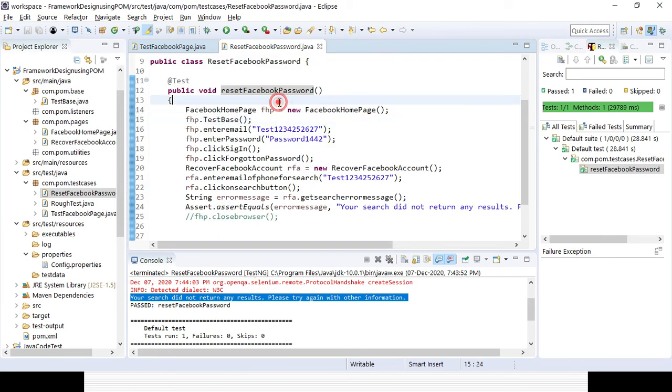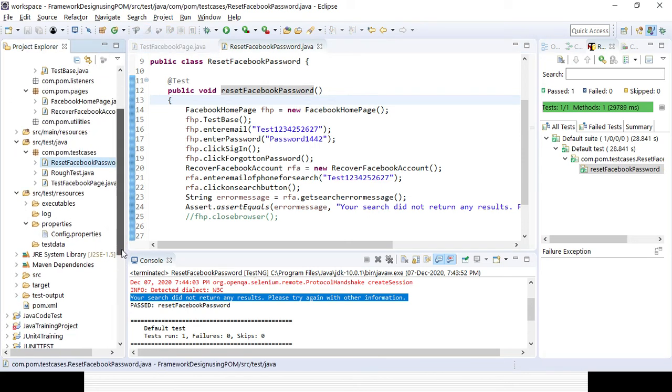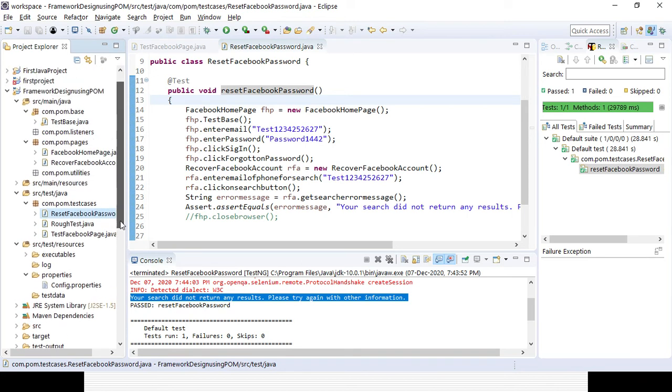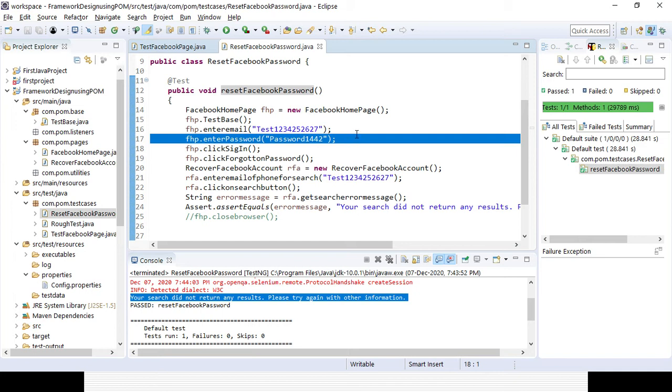Okay, so that can be possible in two ways, right? One is, I need to create a testng XML file. After that I can run from the testng XML file, so that I can call the testng suite method. Also, with the help of the pom.xml file, by calling the testng XML reference, I can run it. Okay, so in this session I will show you how to create a testng XML file.